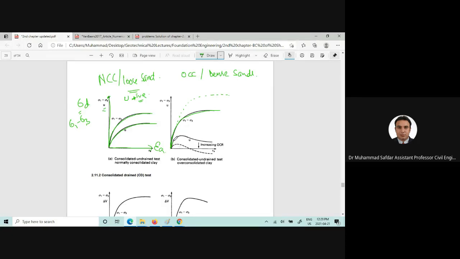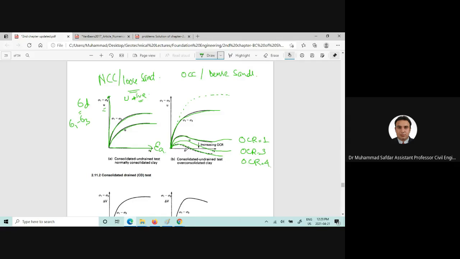And the pore water pressure will initially increase and then it will decrease for the OCR, for example 1. Now then for the increasing OCR 3, and for the increasing OCR, now you can clearly see